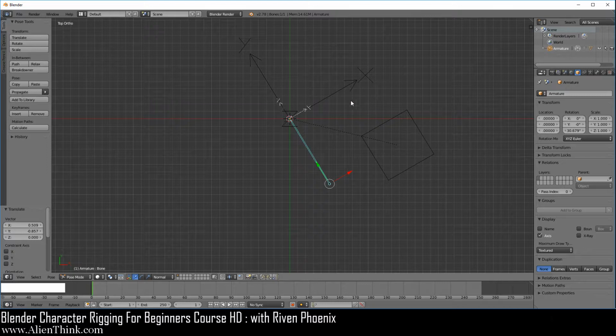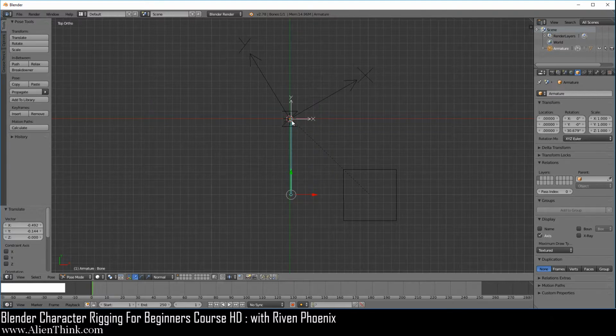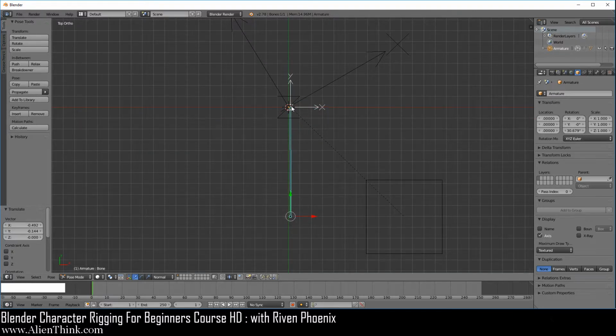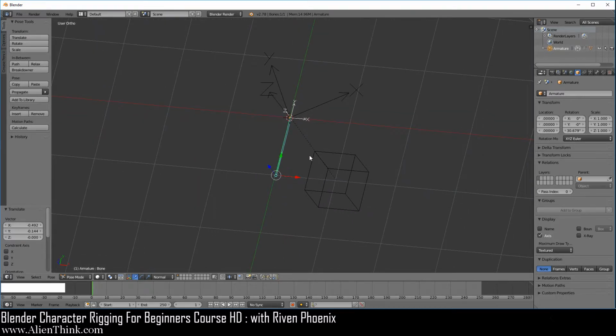So this means that we have to press the R key to rotate this just like it was over here first, kind of like this, press the G key and bring the origin point here. See, the cube ended up exactly where it was. So it's treating the tail of this bone as the center of the 3D grid. I understand what I'm showing to you here is a little complicated to understand, but this is how it works with bones. Okay?